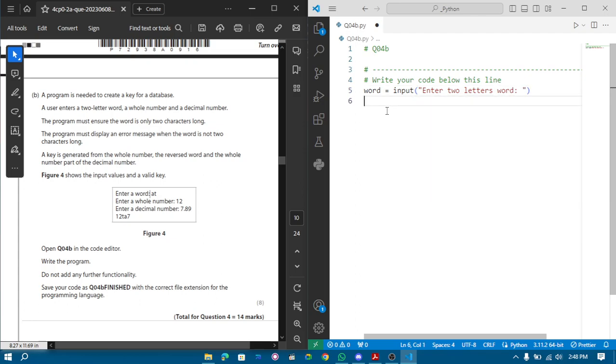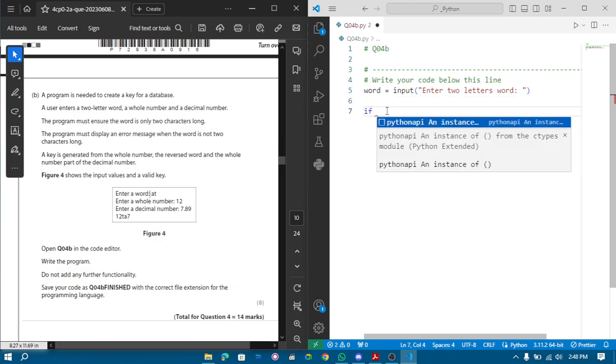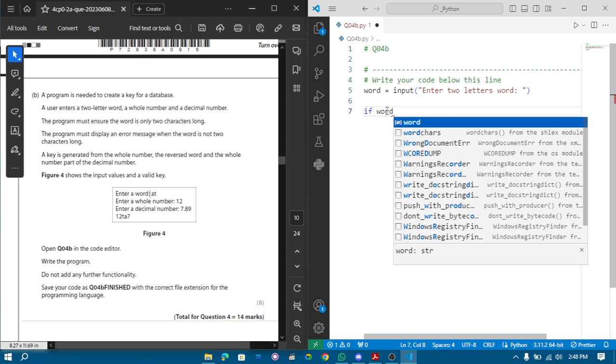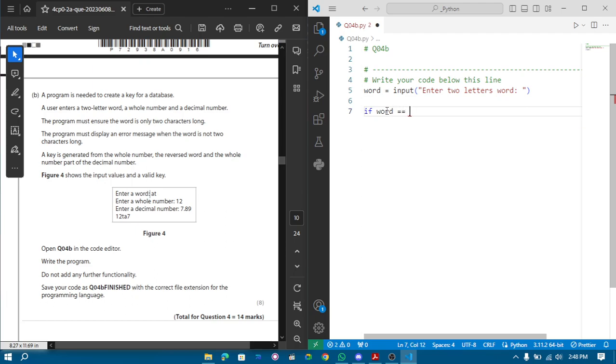So once the user enters it, we need to verify whether it has 2 letters or not. If the word is equal to 2, but we cannot just simply take the word, we have to check the length of the word. And always remember another thing, that length can only be calculated of a string data type, nothing else. Okay, so if it is correct, then